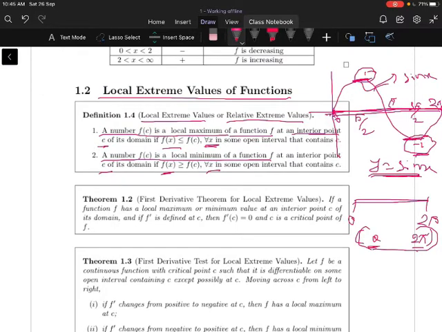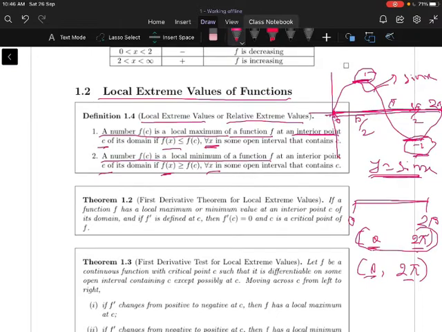But here we defined, let us see the definition of interior point. Let us take an open interval. For example, if I take the open interval 0 to 2 pi, open interval means all the values between 0 and 2 pi except 0 and 2 pi. All the values of the open interval are nothing but interior points of the interval 0 to 2 pi.